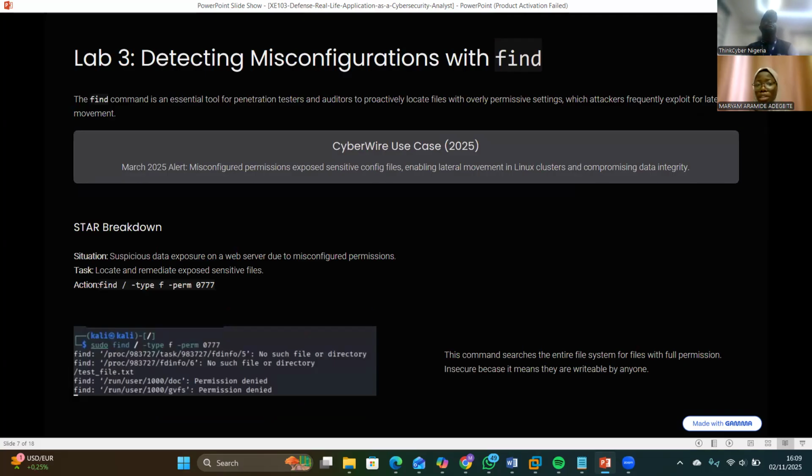The find command is an essential tool for penetration testers and auditors because it allows them to proactively locate files with overly permissive settings, which is something attackers frequently exploit. In this scenario, we analyzed the March 2025 alert where there was exposure of data due to misconfigured permissions. And our task